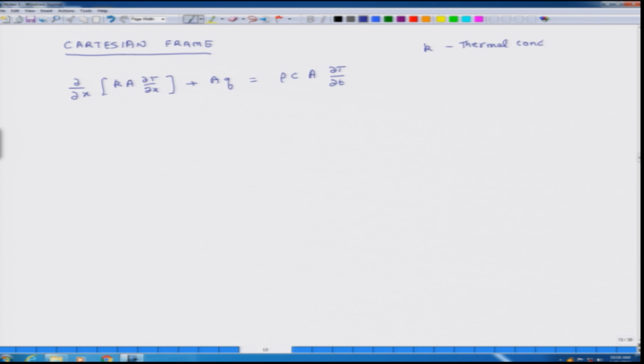So if we have a Cartesian frame of reference, then the 1D equation, and we have seen this earlier also, is del over del X of K A del T over del X plus A Q equals rho C A del T over del t, the partial of temperature with respect to time, and K is thermal conductivity, and its units are watts per meter per degree centigrade. Then A is cross sectional area,